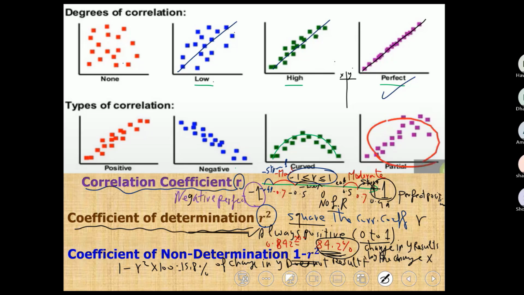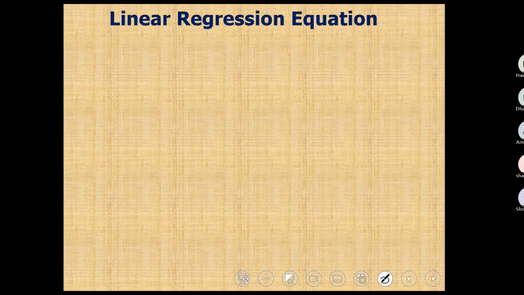Okay. So if you are given the coefficient of determination in decimal, 1 minus the coefficient of determination gives you the coefficient of non-determination. If it is given as a percentage, 100 minus the percentage of the coefficient of determination gives you the non-determination coefficient. Gotcha? What's left? How to find the best line equation, which we call the